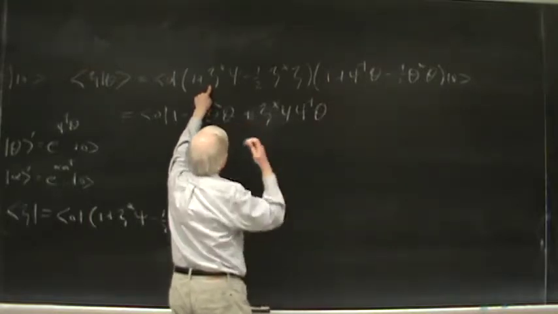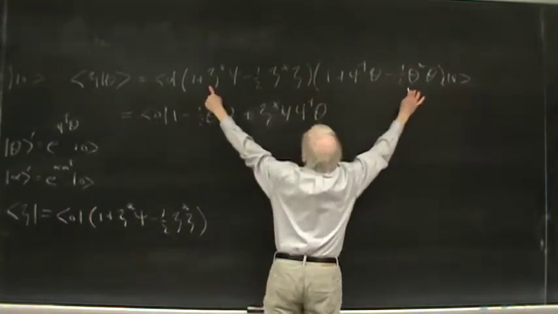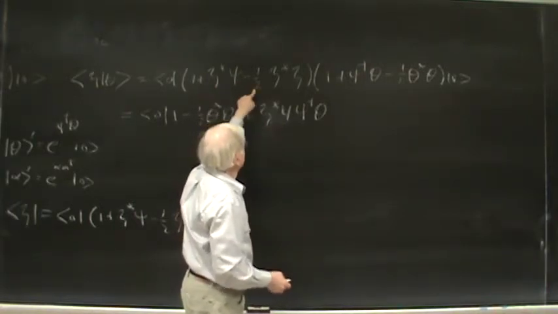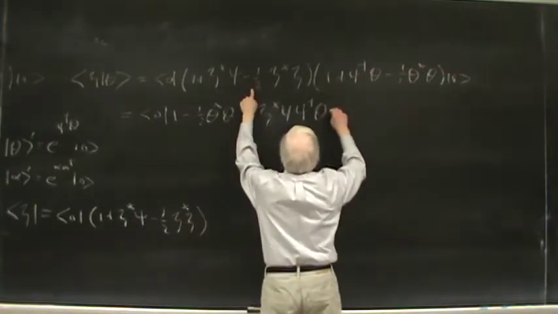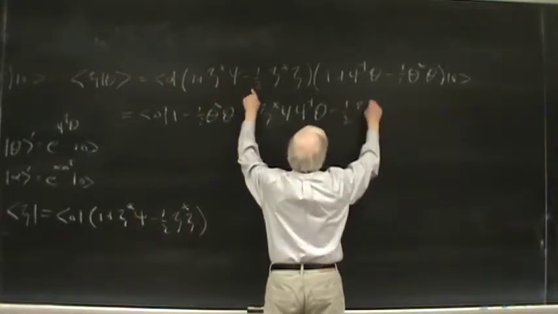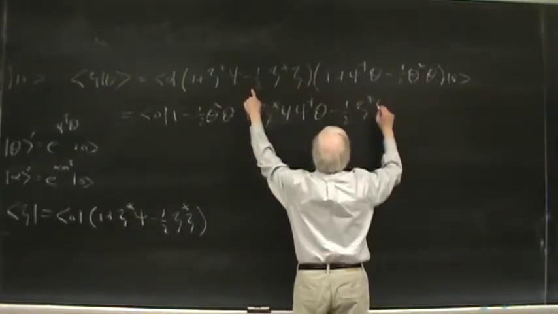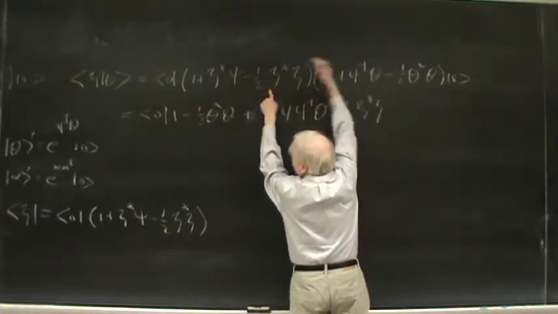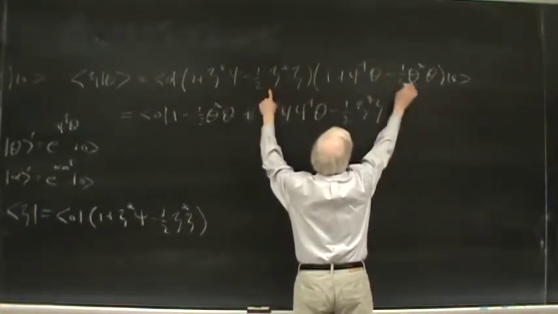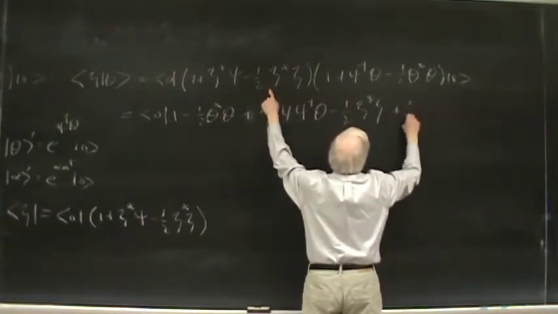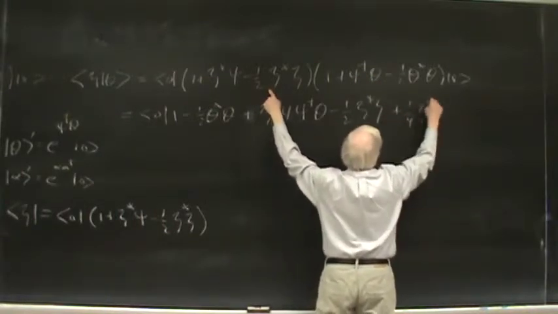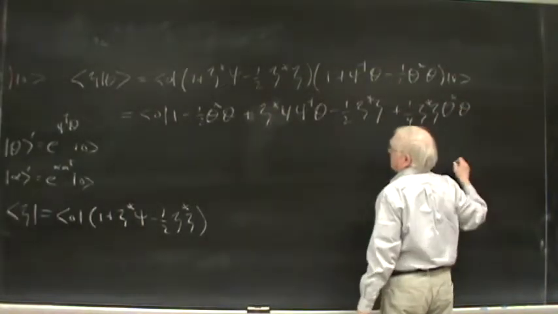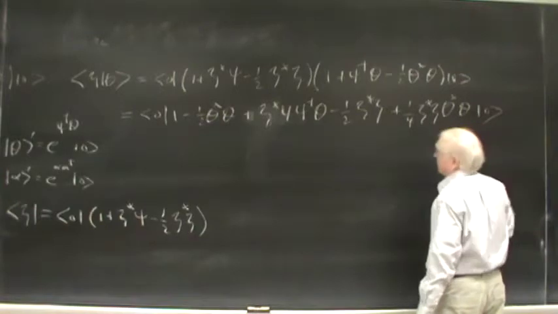Okay, that one survives. But this last one doesn't because psi annihilates the vacuum. Right. All right, now we've got this one. This one times this, that survives, minus a half zeta star zeta. This one doesn't because psi dagger annihilates over there. And then we get this term, which is 1/4 zeta star zeta, theta star theta,